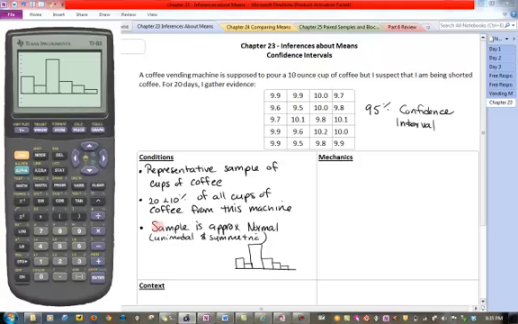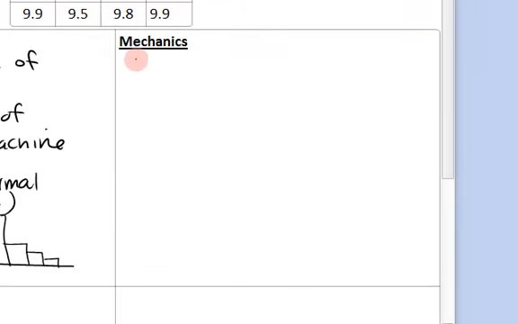And remember, the reason we had to check this condition was because our new model that we're using, the T model, does not work, especially for small sample sizes for skewed populations. So since we don't know necessarily about the population, but we have the sample, we can check to make sure that our sample is not skewed. All right, so now that our conditions are met, we're ready to move on to do one sample